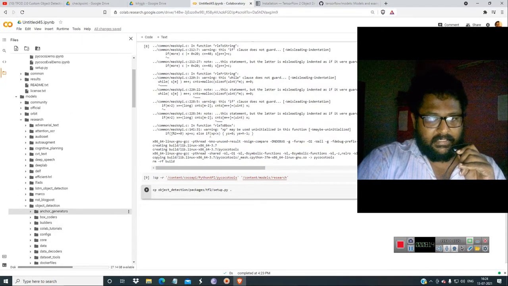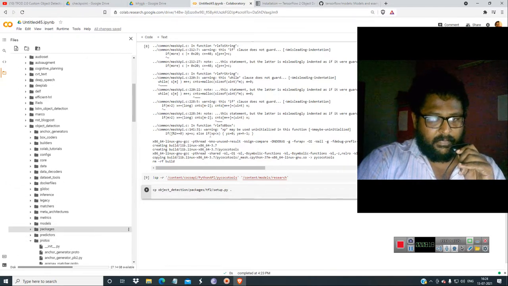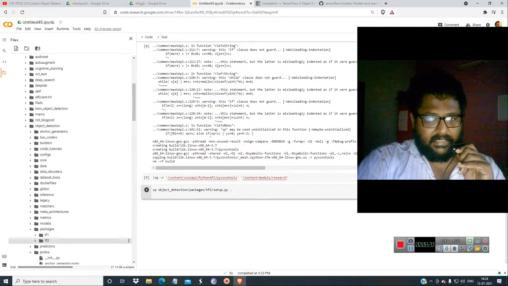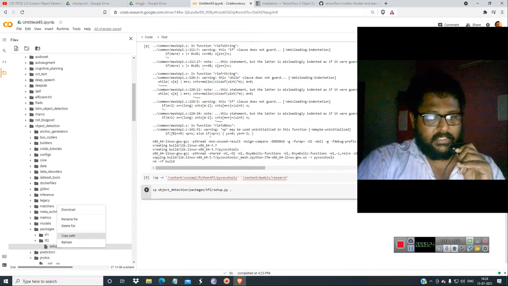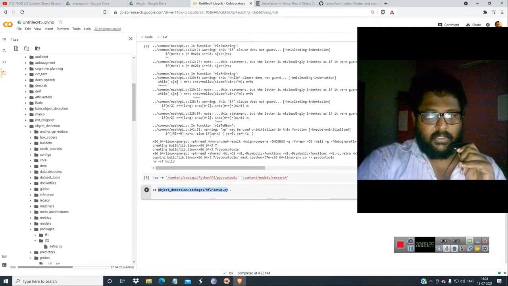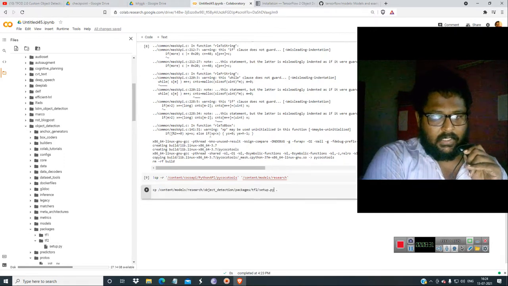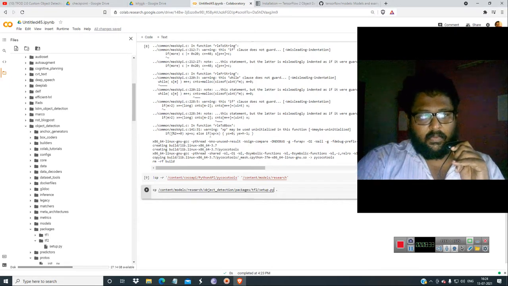Object detection, packages, and it is tf2. Then just copy this. You have to copy this into models research. Okay, Control V. Now you have to get into the models research.